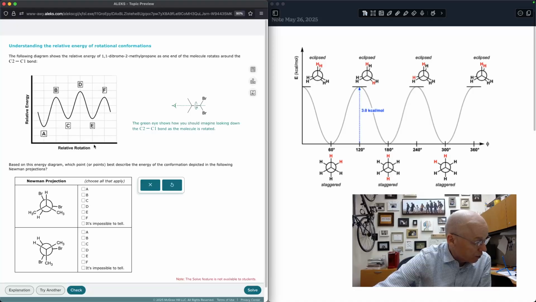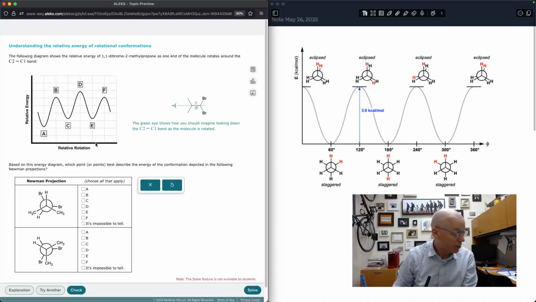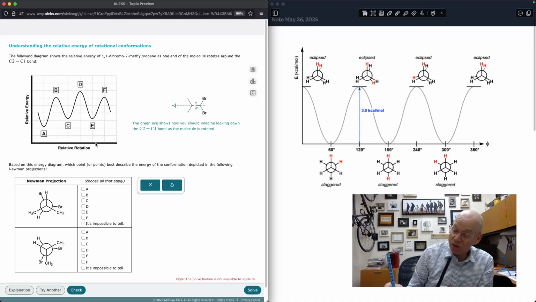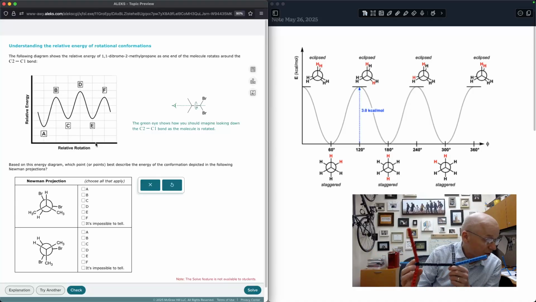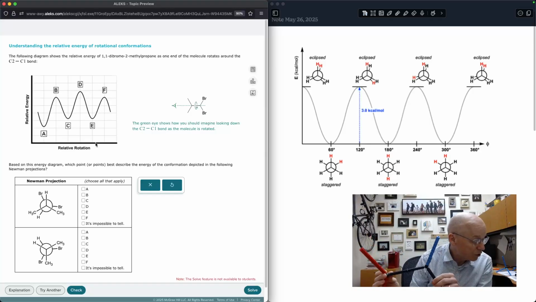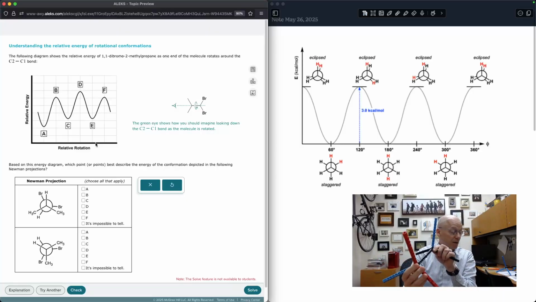So I've got a different issue here now. All right. So this time it tells me what to build, and it looks like I've got two. I'm going to go ahead and build it. 2 bromines. Okay. And 2 methyls. Oh, it's the same one as I got here. Okay. 2 bromines and 2 methyls. Okay, now it's telling me what to